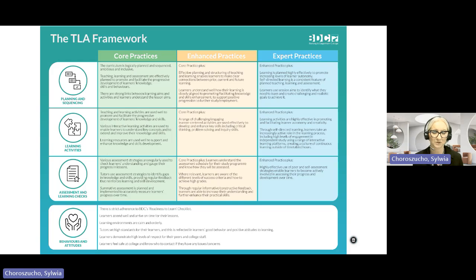And as always, we try to link whatever we show you to our TLA framework, which you all are familiar with. And today's session will probably sit within assessment and learning checks within enhanced practices, where through regular, informative, constructive feedback, learners are able to increase their understanding and further